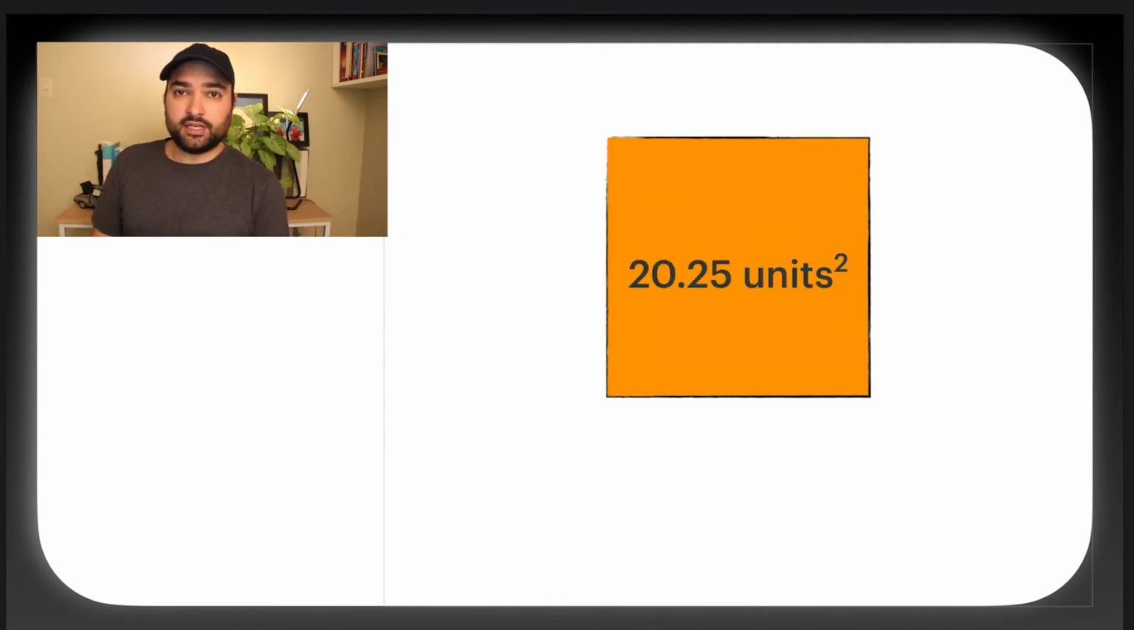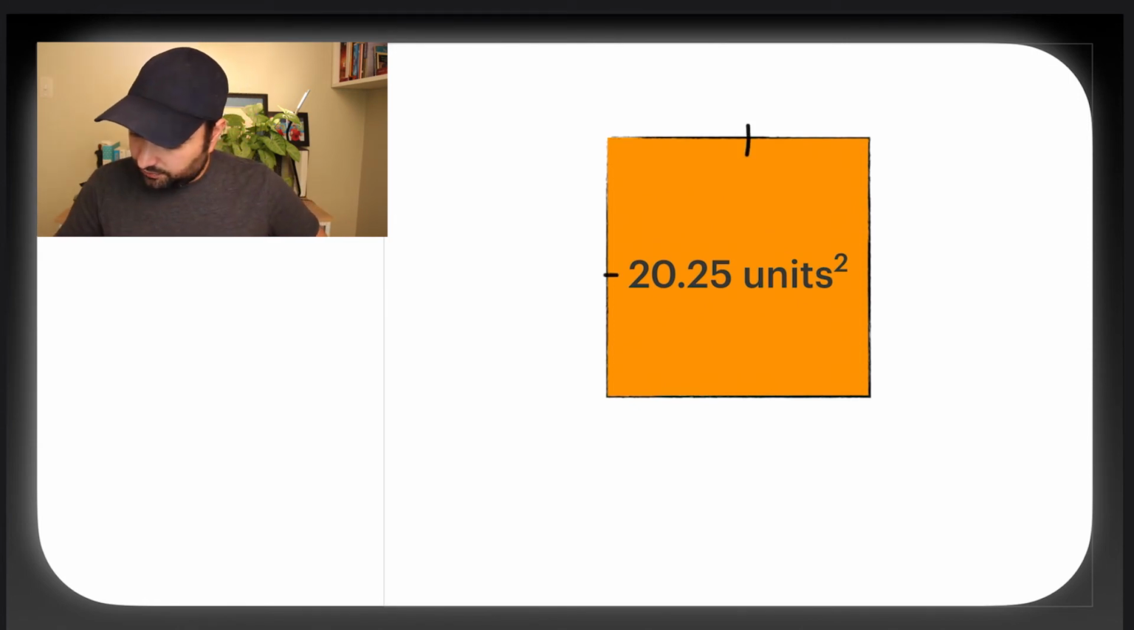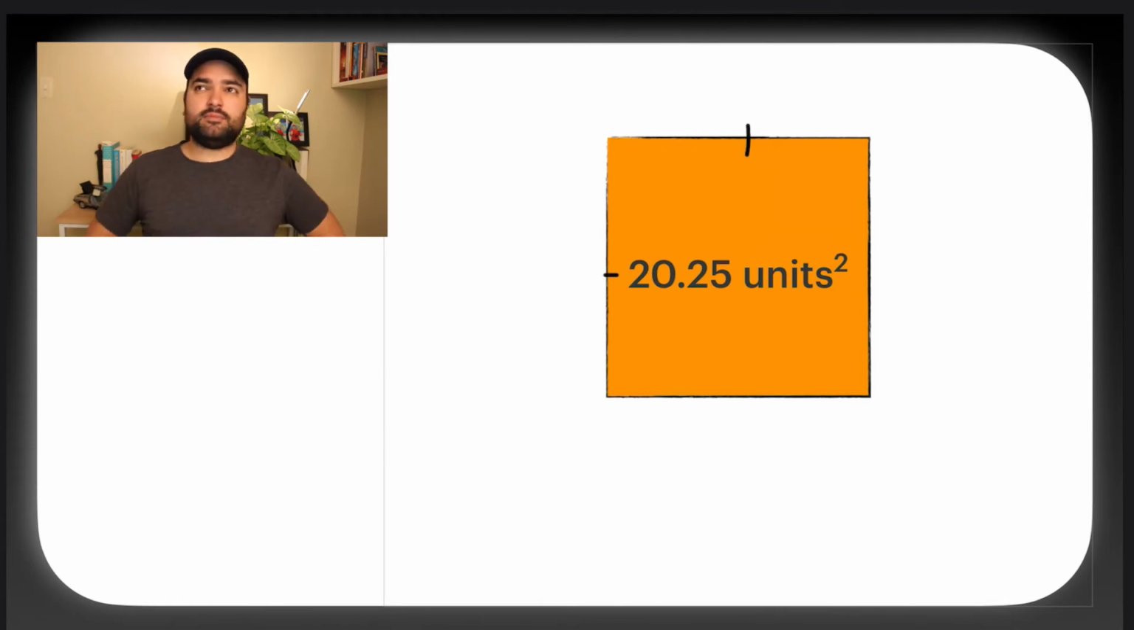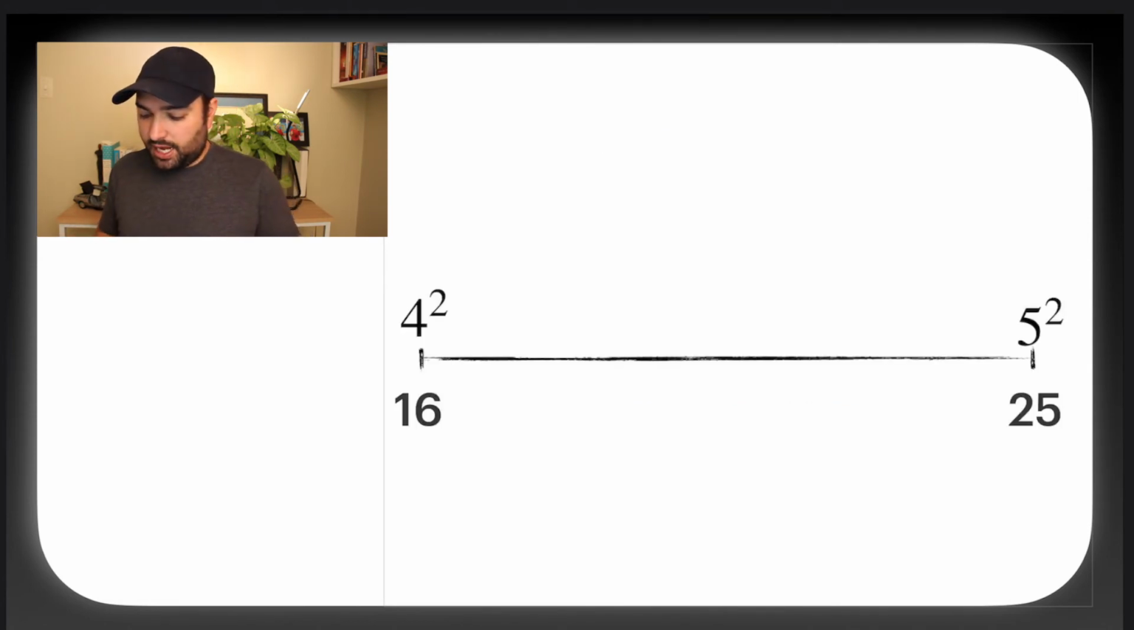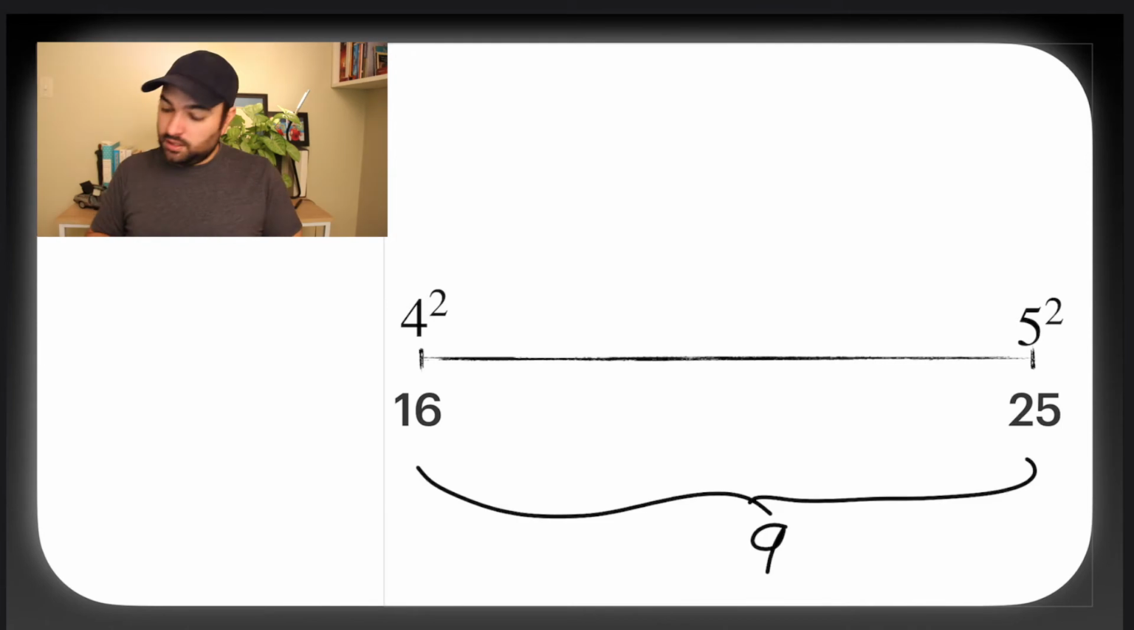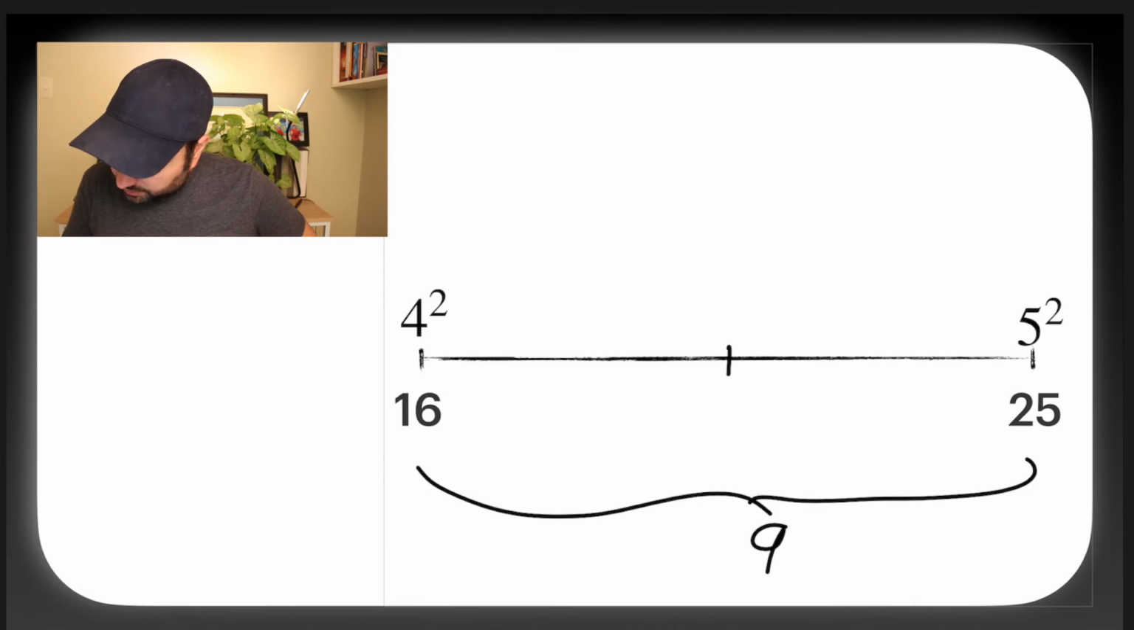So in this next example, we have 20.25 units squared. So what number times itself will get me 20.25 units squared? Well, I'm going to do the same thing I did before, and look at two perfect squares on either side of that number, 20.25. 20.25 is below 25, which is 5 squared, but it's above 16, which is 4 squared. This number, whatever it is, times itself to get me 20.25 will have to be between 4 squared and 5 squared. So the difference between 16 and 25 is 9, and so the halfway point is about